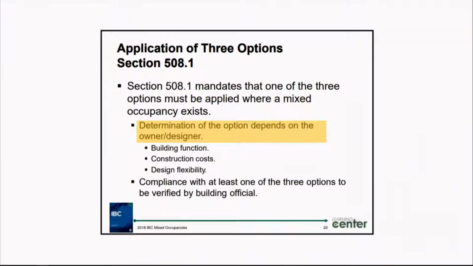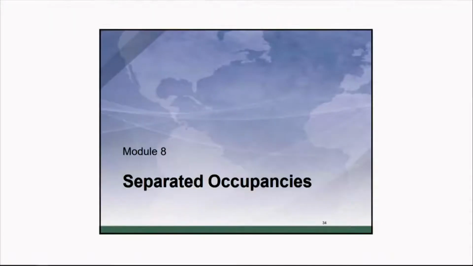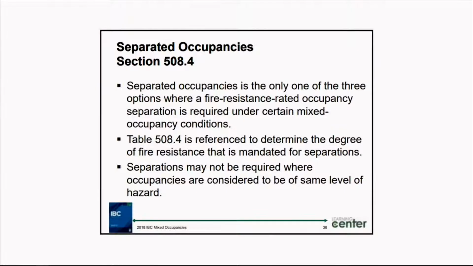It's important to note that the determination of the option depends on the designer. The designer selects whether the occupancy is to be determined as an accessory occupancy, an unseparated occupancy, or a separated occupancy. Again, we've selected separated occupancies, which drop us into section 508.4. Compliance with at least one of those three is to be verified by the building official. So again, separated occupancies,